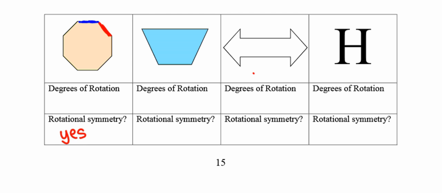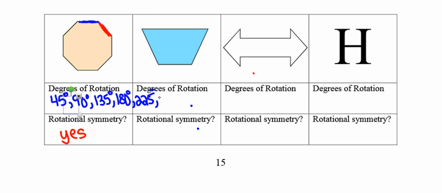So the smallest number of degrees that we can rotate this octagon to get the figure on top of itself again is 45 degrees. We can also do all multiples of 45 degrees up to but not including 360 degrees. So 90 degrees would work, 135 degrees would work, 180 degrees would work,